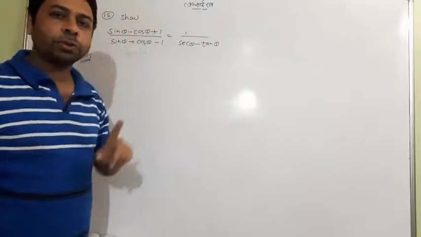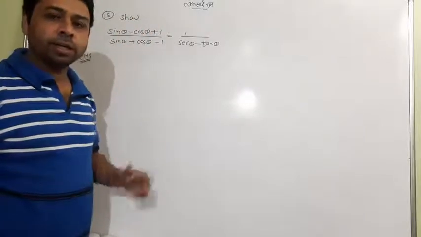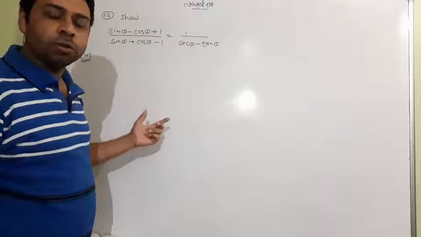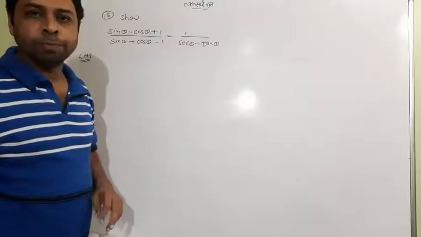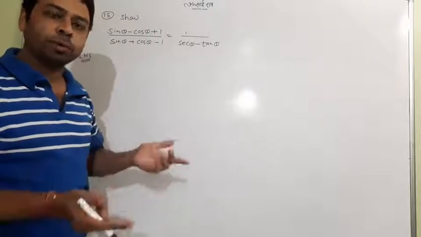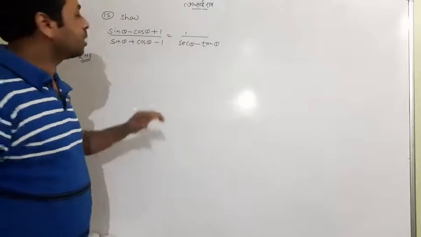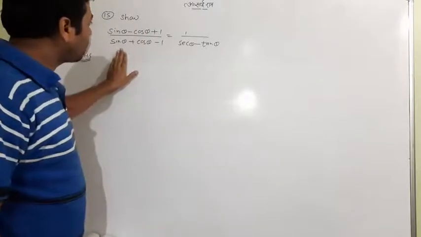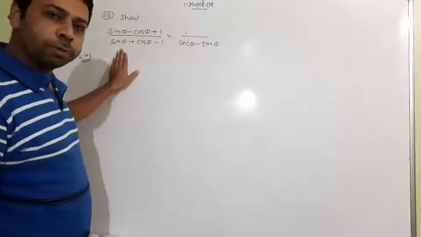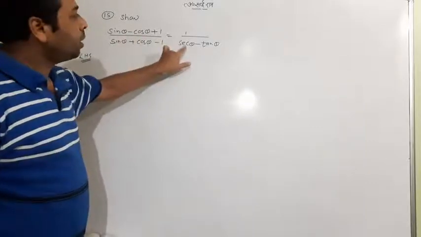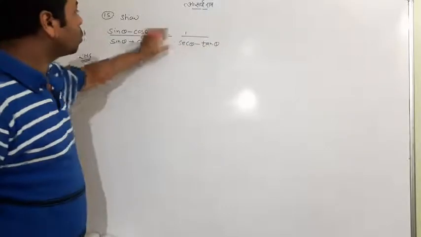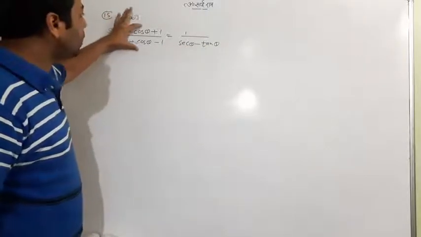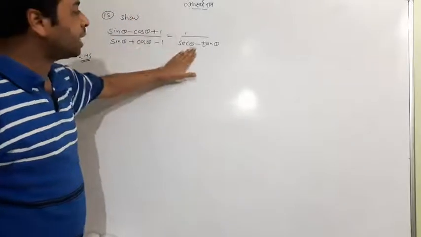So in the very first question, we were turning things into sine and cos, into some other format. But this time, the thing which is suitable for you, if you need a particular question, is 1 by sec and tan. So turn all the trigonometric ratios into sec and tan.